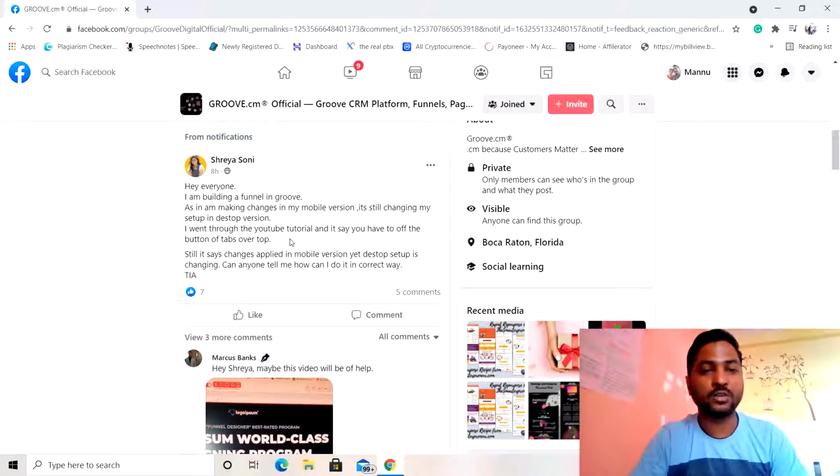I went through the YouTube tutorials and it says you have to turn off the button of the tabs over top. Still it says changes applied in mobile version, yet the desktop setup is changing. Can anyone tell me how I can do it the correct way? Thanks in advance. I have already replied to this question over here.